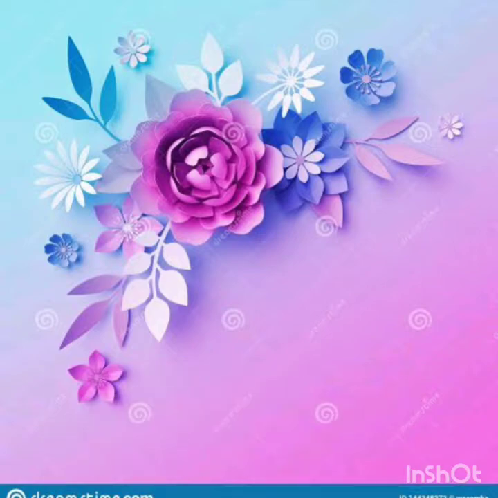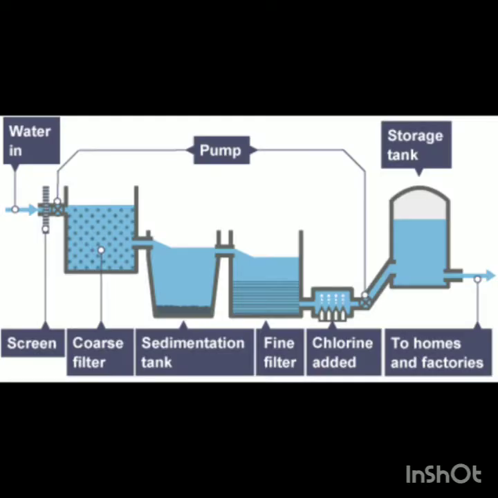Let's start with today's topic of revision. Today we are going to revise the purification of water. That means about water treatment plant. In cities, we know that drinking water is supplied from the waterworks. In waterworks, methods like sedimentation, decantation, loading, filtration and chlorination are used to remove the undesirable pollutants of water.